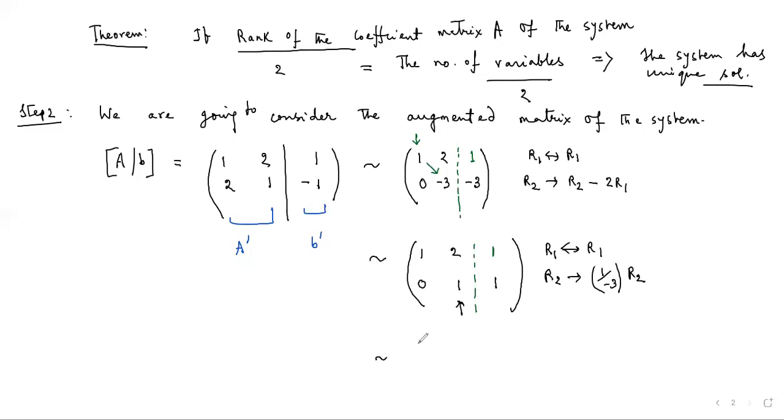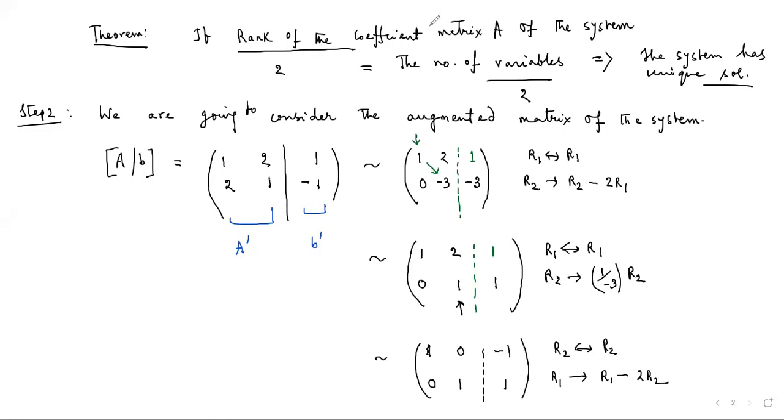every pivot element must have zeros below it and above it. Now we are going to apply the row operation in the following manner. Here I'm going to fix R2 as it is, and I'm going to subtract twice R2 from R1. This is my operation, and we get the following. Twice R2 means we will get 0, 2, and 2 over here, and 1 minus 0 gives 1, and 2 minus 2 gives 0, and 1 minus 2 gives minus 1.